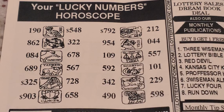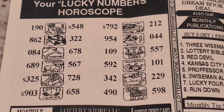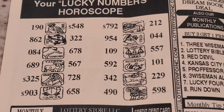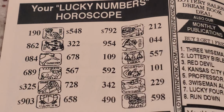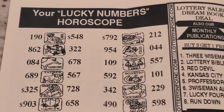Then you go down to Capricorn, you have 084, 678. Then you have Taurus, 689, and then 567. Then you have the best bet numbers, which is 325 with that dollar sign, and 728. And that's under Gemini. Then under Cancer, you have 903 and 658. Then we go over here to the right column. See under Leo, you have 792. And then you have